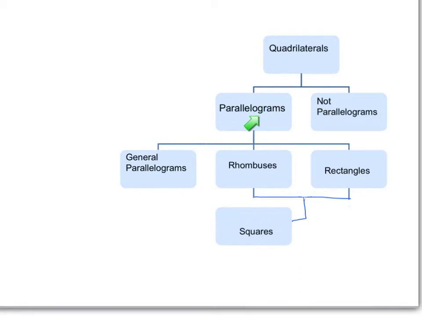One type is parallelograms. The main point about parallelograms is that their opposite sides are parallel. A property is also that their opposite sides are congruent, but the definition actually is just opposite sides parallel. And there's some other things too that you might know, like opposite angles are congruent, adjacent angles are supplementary, etc., etc. Alright, within parallelograms we have just general parallelograms, things that don't look that special but do satisfy the properties